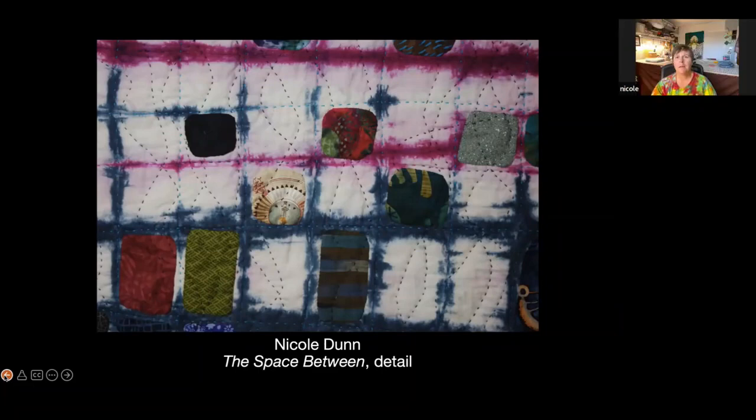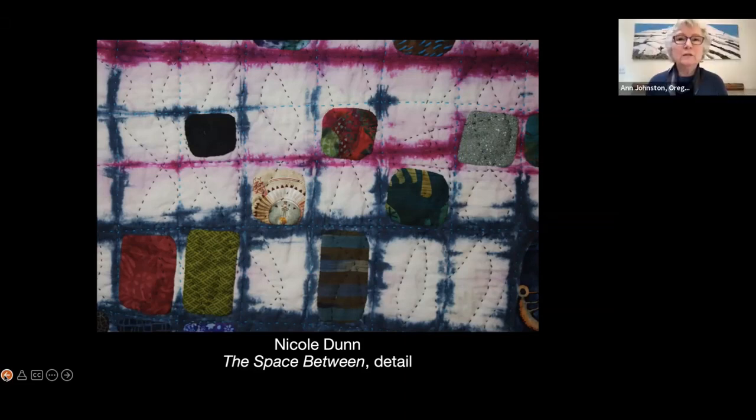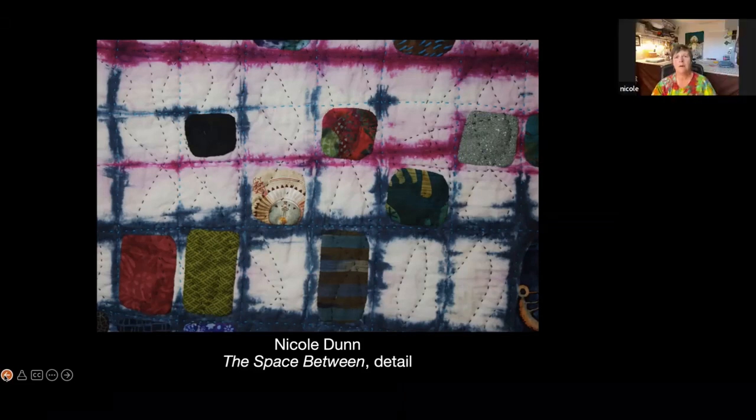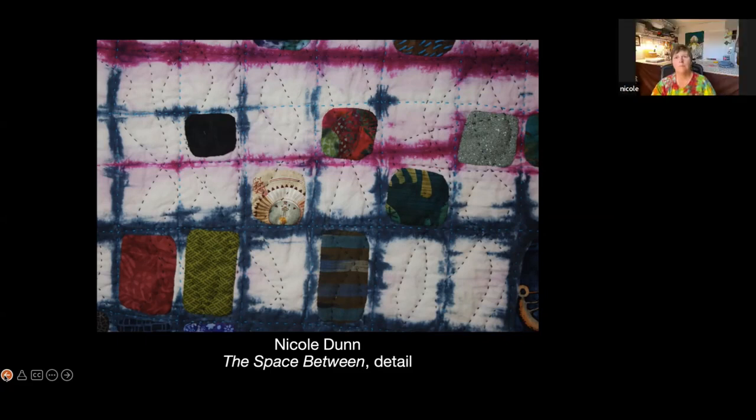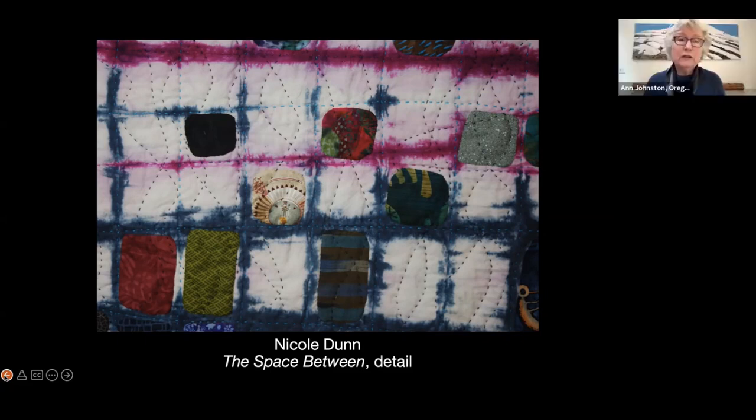I thought it was going to be completely covered in cobblestones, and it ended up being nicer, I thought, without being completely covered. Why do you think that is? Because it was obliterating the fractured parts, the lines. Yes. And in fact, you put all the cobblestones close together, and their individuality is harder to see. So there's more of a focus on them individually if they're separated, if they have some space around them. What impact do you think that